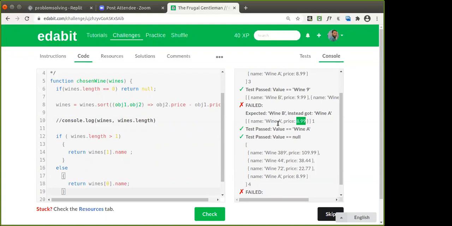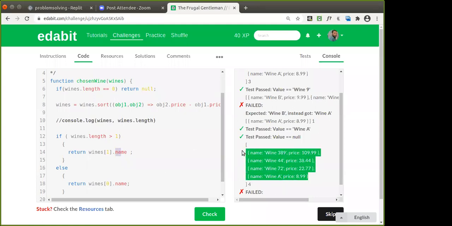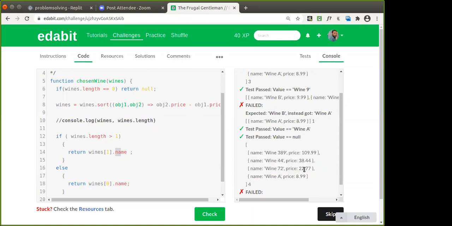If you are having multiple, more than one, in that case this will return true, that is wines dot length greater than 1 is true. So in that case you are going to return wines of 1 dot name. You see here, look at this, you have sorted this. So you should get what? Wine 44, isn't it? Wine 44.